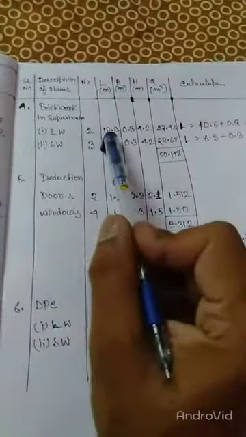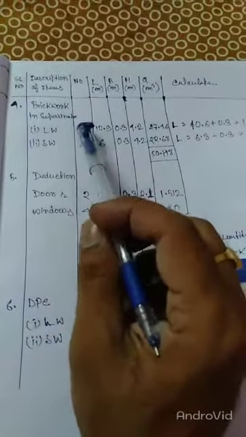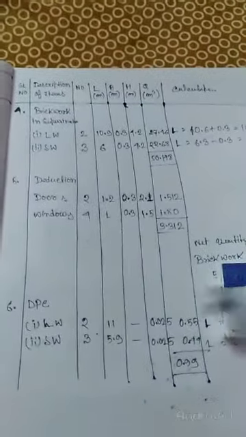So here you have to write 10.9 meter, and the number of long walls is 2 and the number of short walls is 3. Same for the total calculation. In the total calculation, you have to consider 2 long walls and 3 short walls.